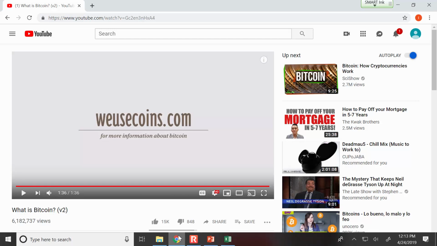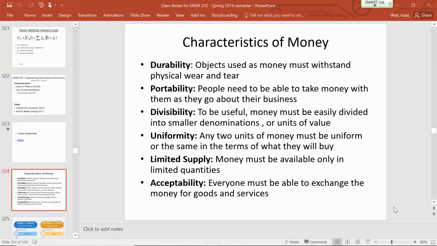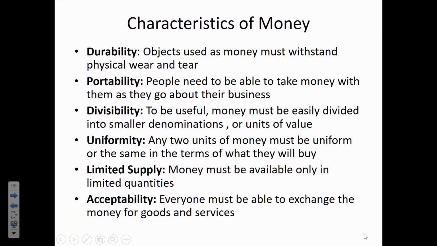So the characteristics of money, there's a commonly set of definitions of what is money, and let's see if Bitcoin meets these criteria. First of all, you have to be able to use it without it wearing down. So you wouldn't be able to use cotton candy as money, for example, because it's just not durable enough. So Bitcoin doesn't wear out because it's just an electronic transaction, and so there isn't any physical damage that can